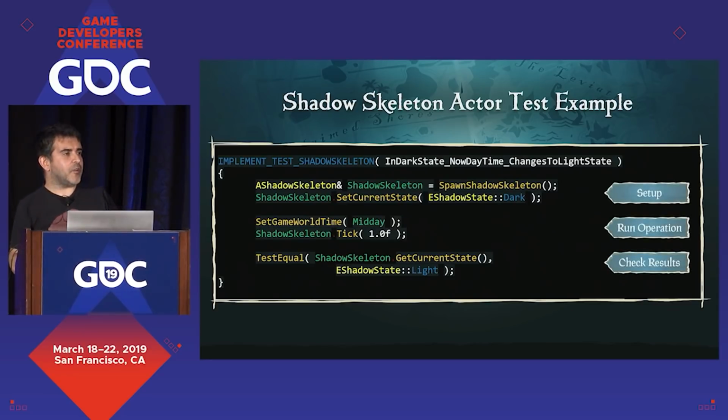Like all the other test examples, this splits down into 3 phases. So I'll go through what's happening in this test. First of all, in the setup phase, we create the shadow skeleton. We set its current state to dark. Then when we run the operation, we set the game world time to midday. And then finally, we check the results to check that the state of the shadow skeleton has changed to light